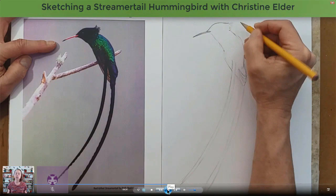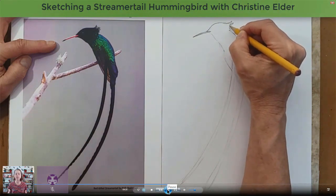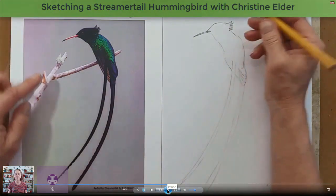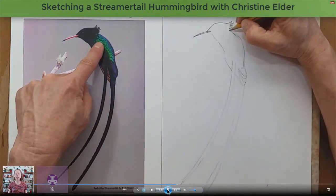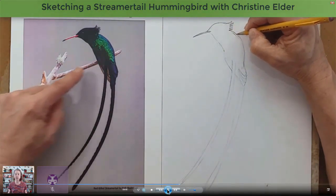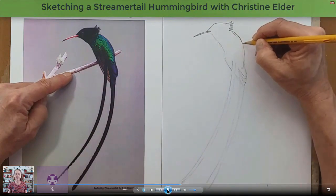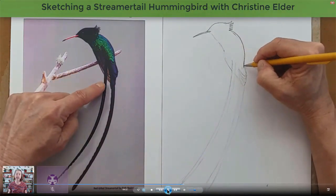And I made sure that the bill was the right length and shape. And now he's got a little bit of a crest, kind of like that Antillean crested hummingbird, but not quite as much. But he can lift that up when he wants. Now I'm going to go down that hunched back, and you see it's a big hunch, and he's got a little skinny neck kind of, and then a big hunch,